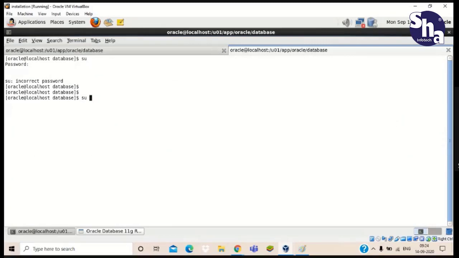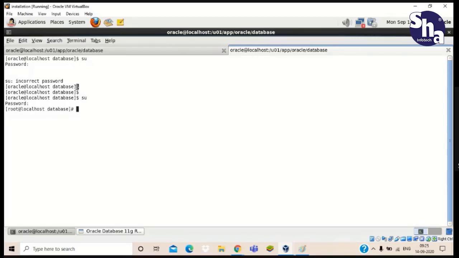But for logging in as another user, suppose I have one more user named abc, then we have to write su abc here. You cannot give only su and enter. If you give only su and enter, it will ask for the password and log in as root. So for login as root, I give the password oracle. You can see our Oracle prompt changes to the root prompt. You can see a difference.